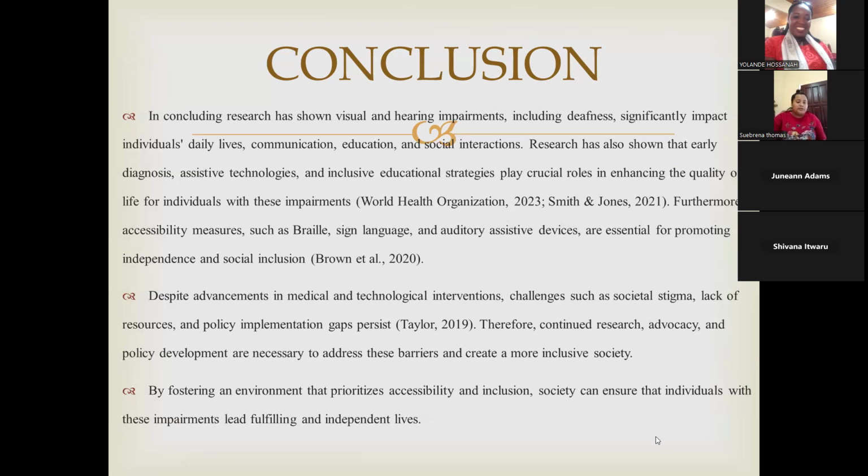Taylor 2019. Therefore, continued research, advocacy, and policy development are necessary to address these barriers and create a more inclusive society. By fostering an environment that prioritizes accessibility and inclusion, society can ensure that individuals with these impairments lead fulfilling and